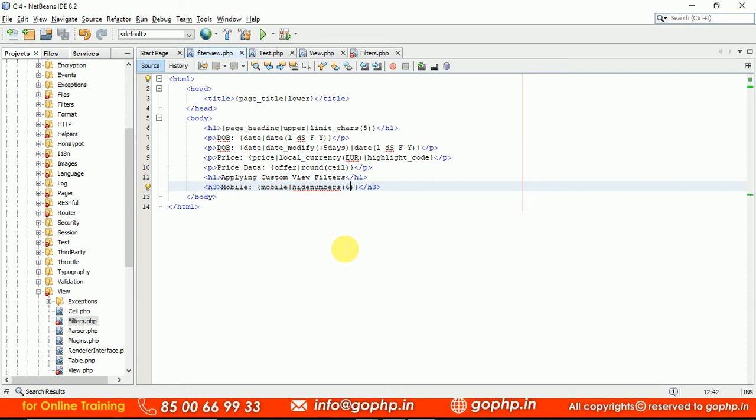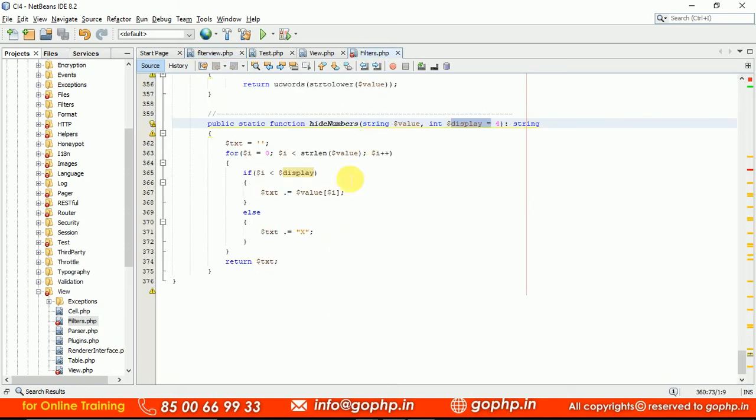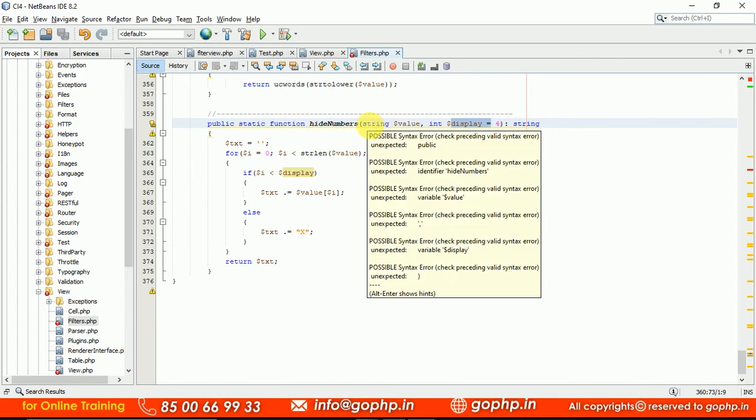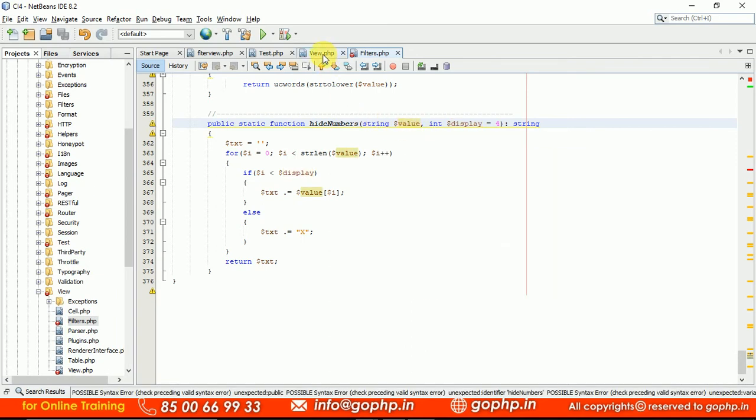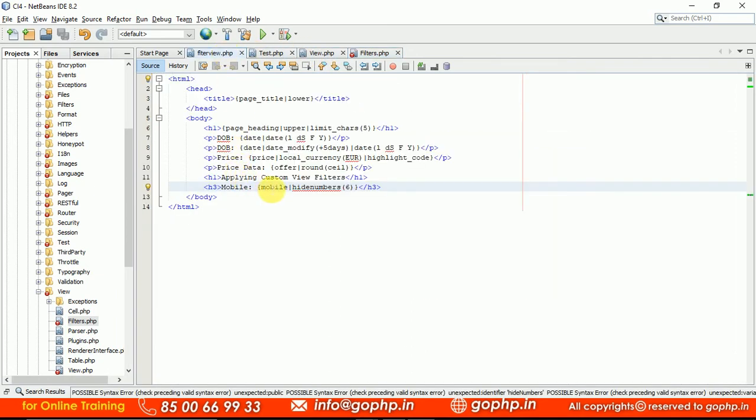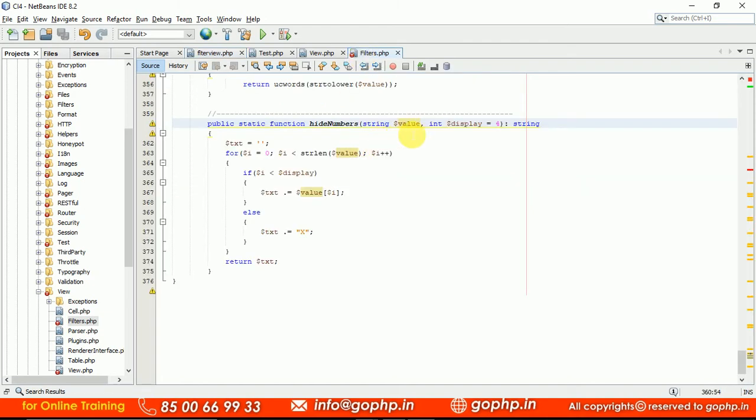For example, I want to create a filter. Go to your filters file and try to create. Guys, remember carefully, this is the way of writing. This is nothing but the value. What is the filter you are applying? What is the value in the mobile variable? That mobile variable value will be in the value variable, guys. Whatever the mobile value is, that is going to be available in this. And this is the second parameter, that is nothing but we pass this as a parameter to the filter.